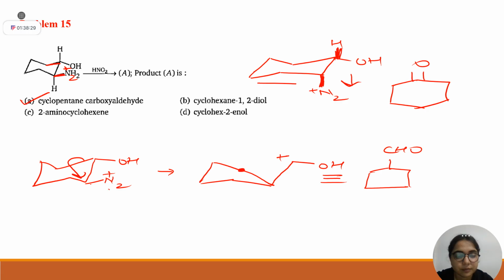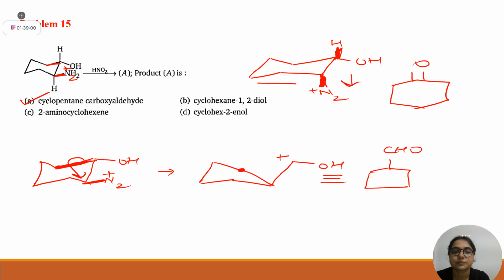Ma'am, how do you see which is anti? With respect to this leaving group, this bond is anti to this bond. But in this structure, this bond and the bond which is anti to this is this one. And in this case, the bond anti to this is this. They should be at 180-degree angle to each other.